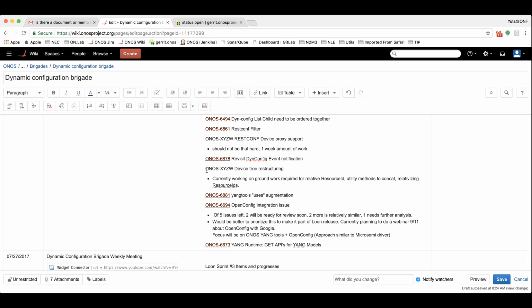Thomas, can I ask a relatively separate question? Sure. In the project that I'm doing, we see a demand in the future to decouple dynamic config from the model-driven applications that use dynamic config.